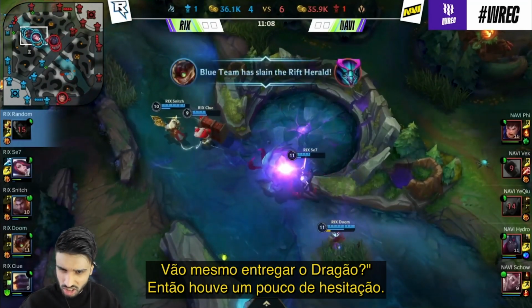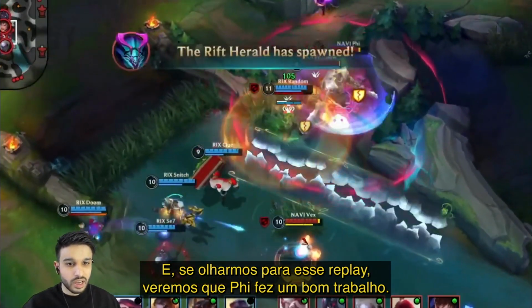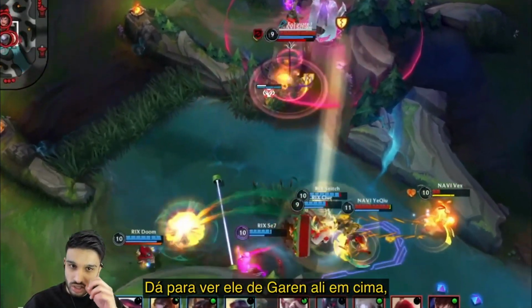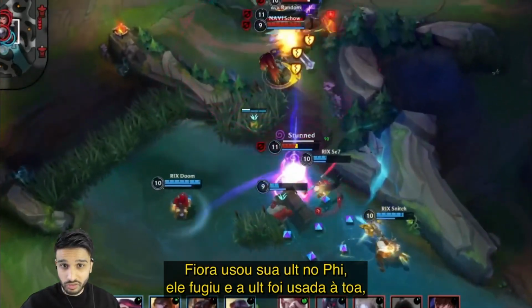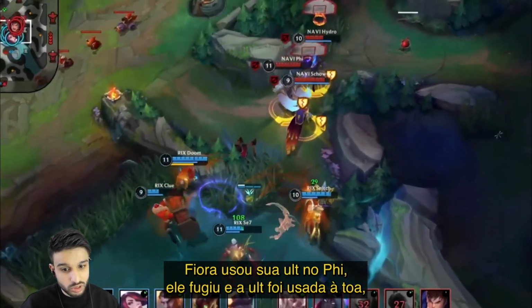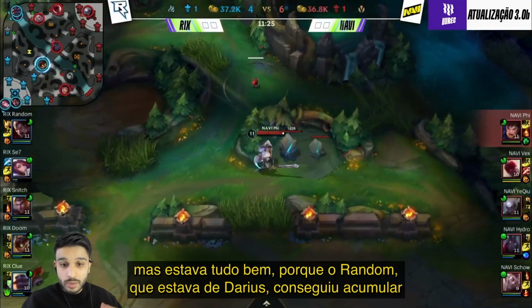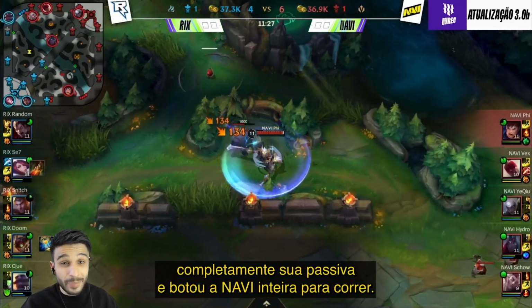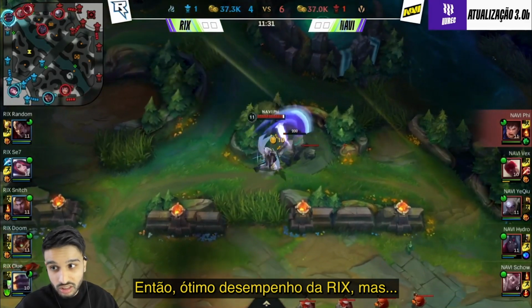Are they really giving us this dragon? So they were hesitating a little bit. And if we look at this replay, Vi actually did a good job, which is the Garen. You can see him on the top side avoiding the Fiora ultimate. Fiora used her ultimate on Vi. He ran away, so Fiora's ultimate was wasted, but it was still fine because Random on the Darius was able to stack up his passive fully and basically scare away the entire lineup of Navi. So very, very good job during the teamfight of Rix, but